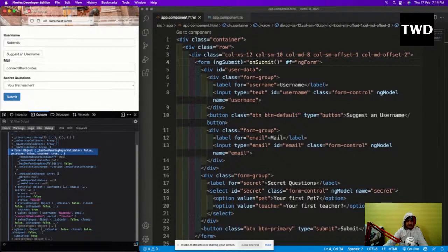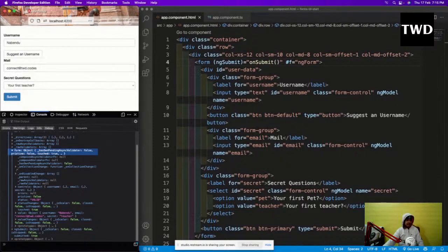So now we'll learn how to add validators in our project. And it is very easy. See, although Angular is a tough thing, in Angular everything is inbuilt. The form and all are inbuilt. In React, if you want to do something more in the form, you have to add a third party tool known as Redux Form, or there are a lot of form libraries. Here everything is inbuilt, even the validators.